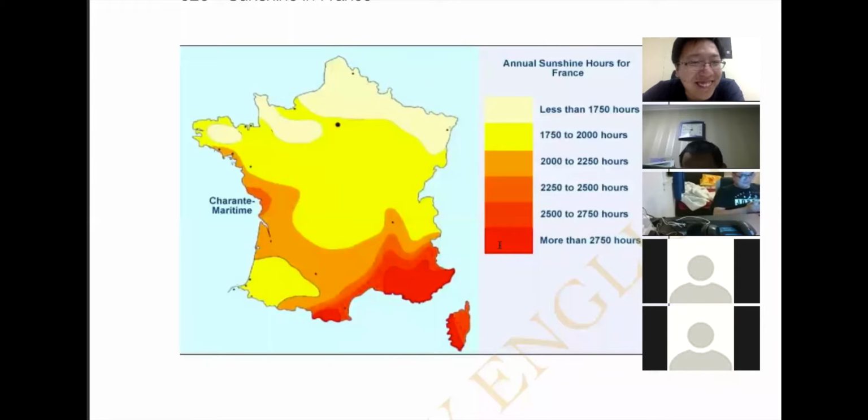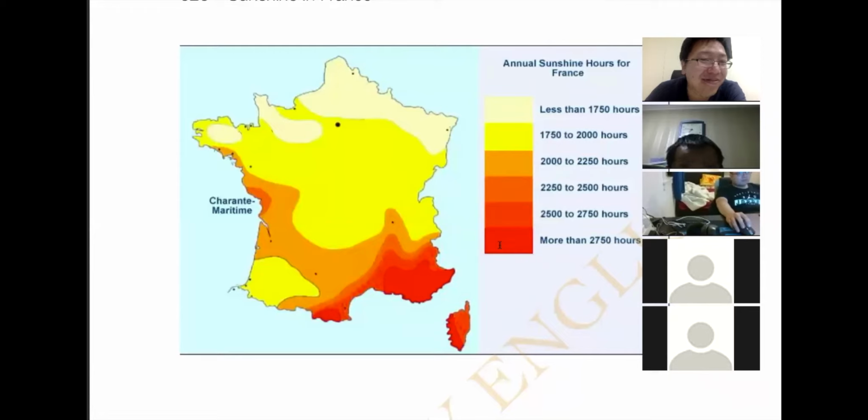This is a map describing annual sunshine hours for France. We can see the map in the middle of these graphs, and there are 5 categories included in this map, including less than 1,750 hours, 1,750 to 2,000, 2,000 to 2,250, 2,250 to 2,500 and above. And we can see from this map, in the middle part of France, the areas there average sunshine hours is around